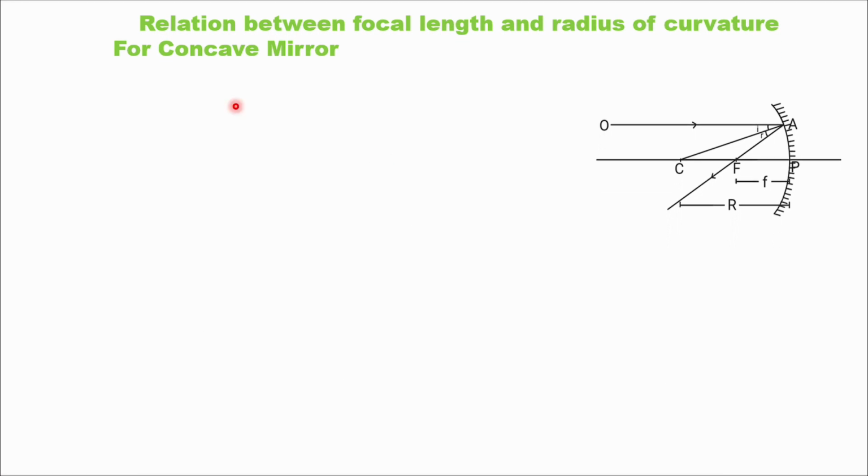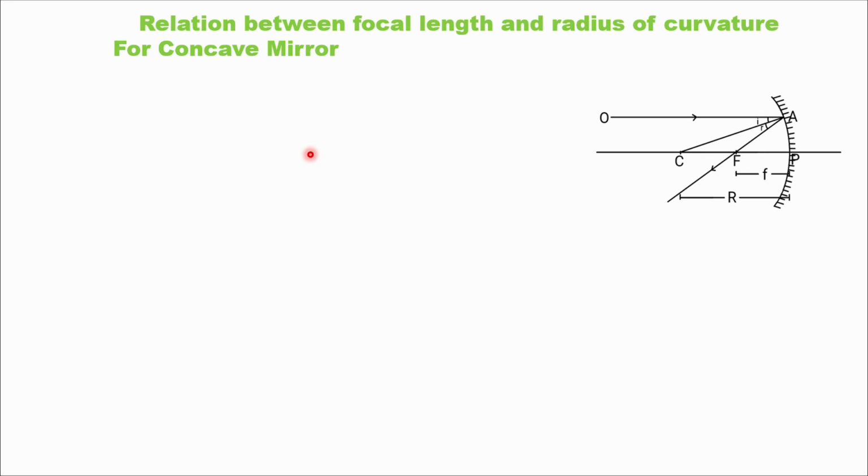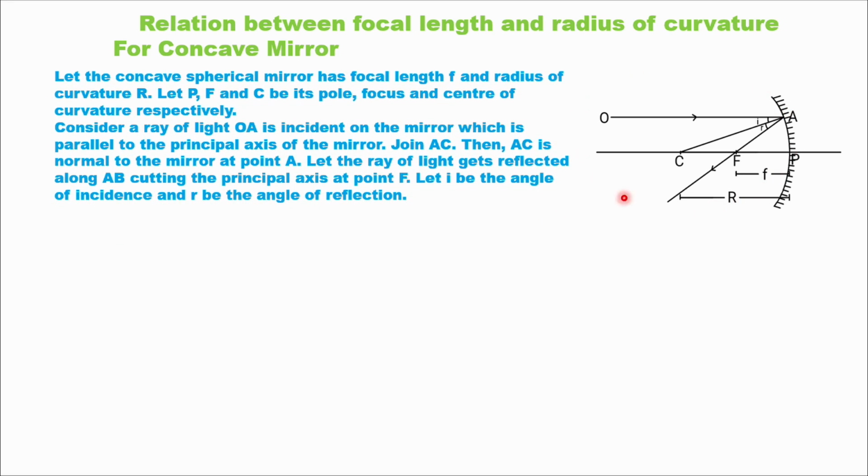So first I will take the concave mirror. In this concave mirror, what is OA? OA is the ray incident on the mirror which is parallel to the principal axis. I will write the axis name here. This is